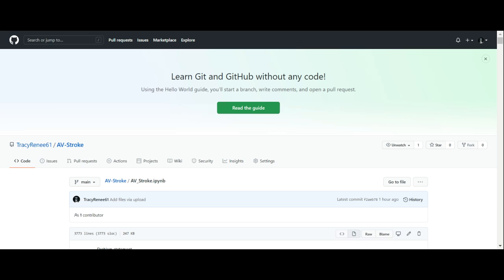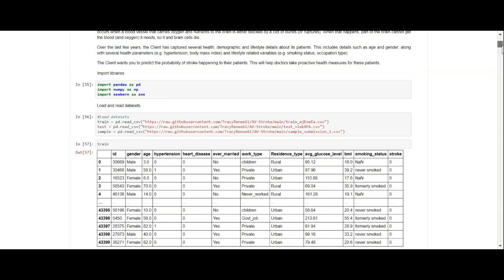It's something that is important to me because they tell me I have diabetes, and they also tell me I have high blood pressure. Yesterday I was at the doctor talking to him about it. So this is a really good question for me, since I'm at risk of having a stroke, since I have high blood pressure.